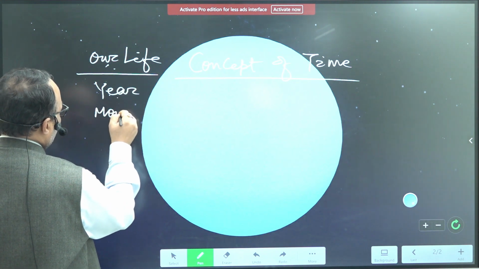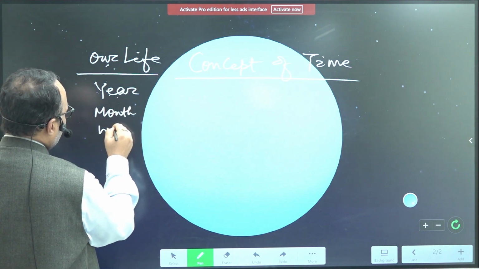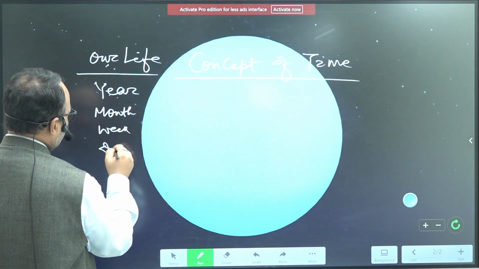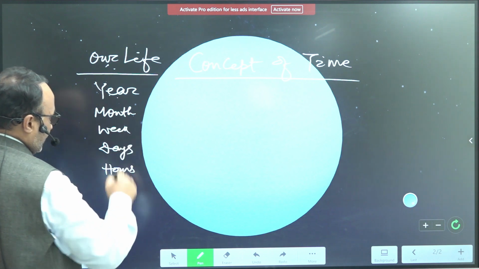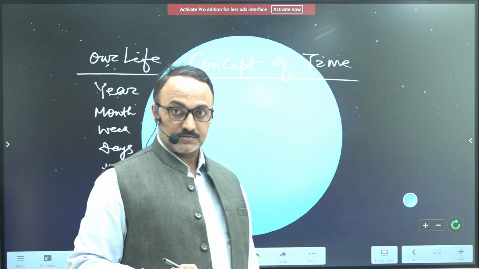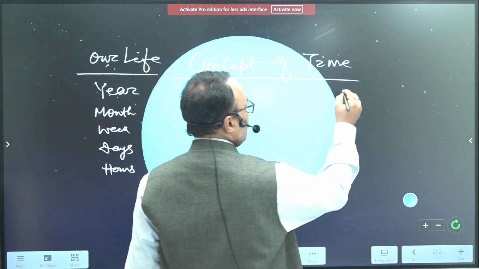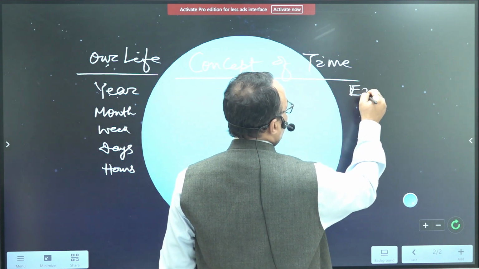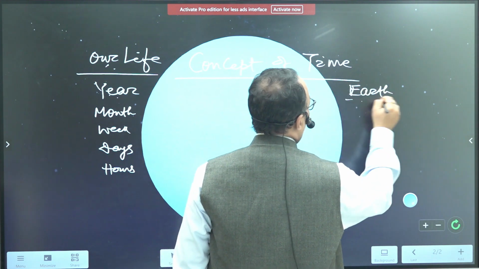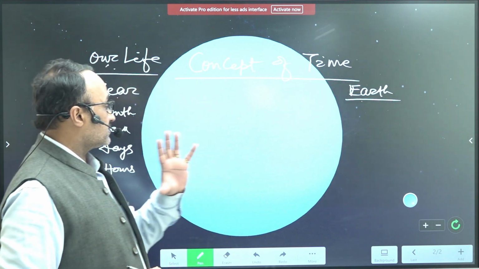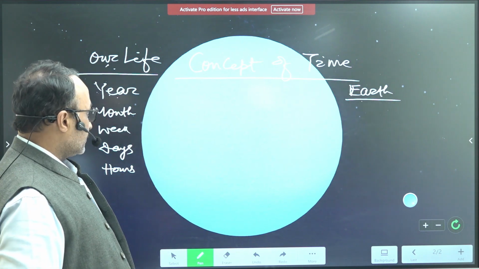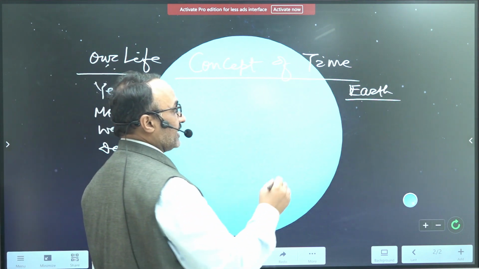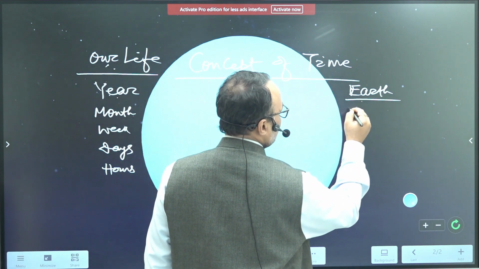month, week, days, hours, likewise. But in case of Earth, the duration of time is so large that we cannot divide the events in terms of year, month, week, days and hours. So we have devised a different terminology: